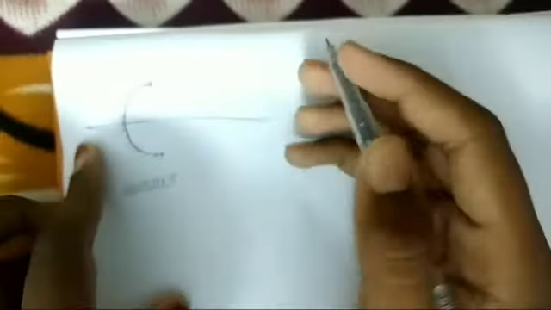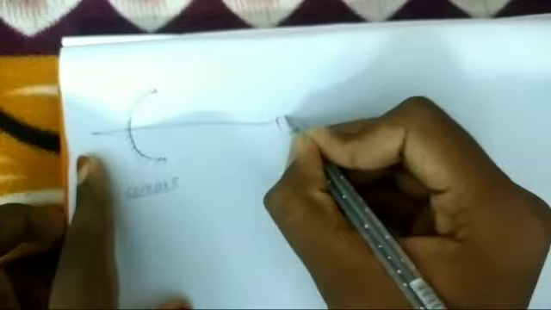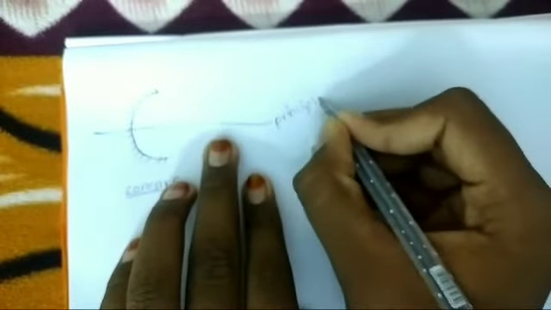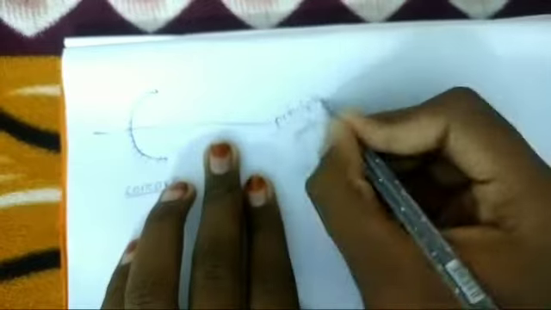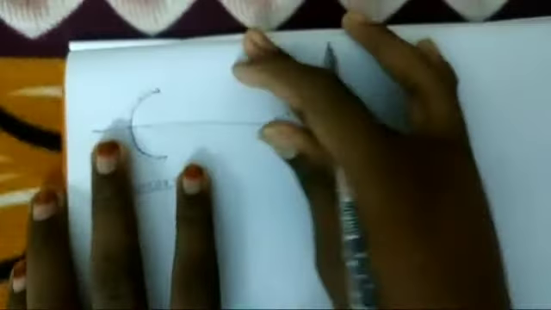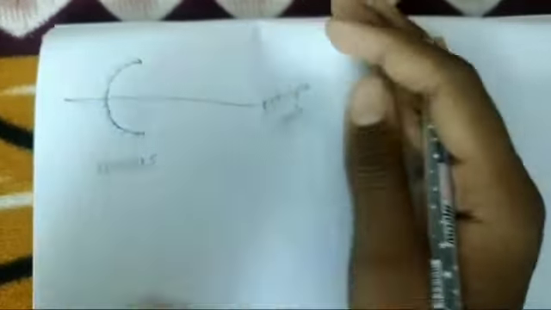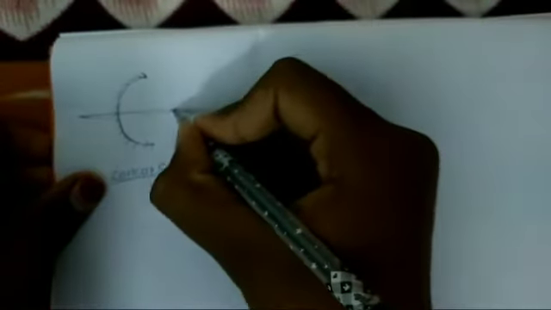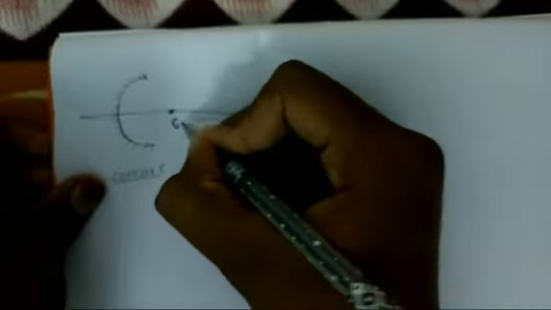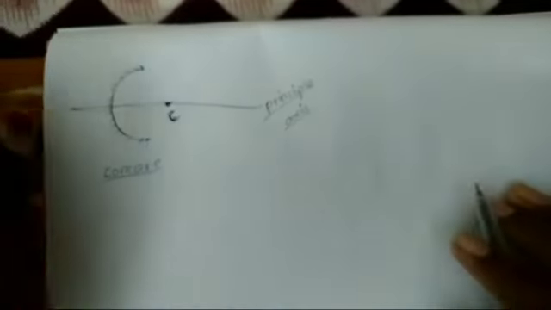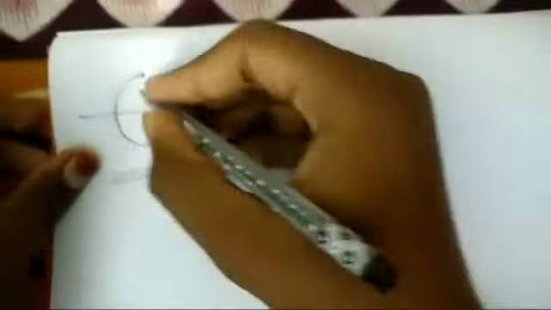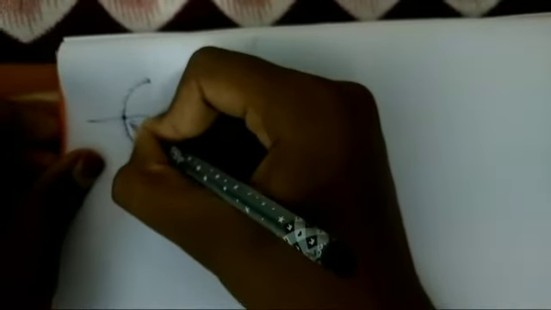That is, if we draw a line that passes through some point of the mirror, that is called principal axis. These are the basic points for concave mirror and also convex mirror. Same rules for concave and convex mirrors. Next, second one. I think you know, I said to you that this is the center of the circle, center C. We will represent center as C only. Next, point P as a pole.